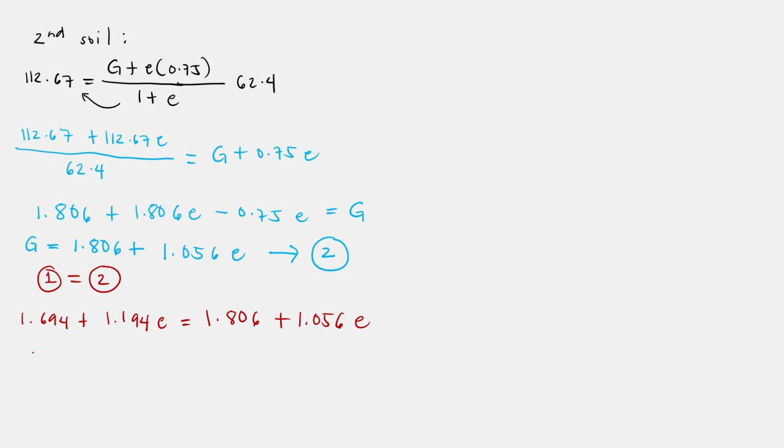So, 1.194E minus ito 1.056E. And then, itong isa, lipat natin. So, 1.806 minus 1.694. Ayan. So, simplify natin. So, that is